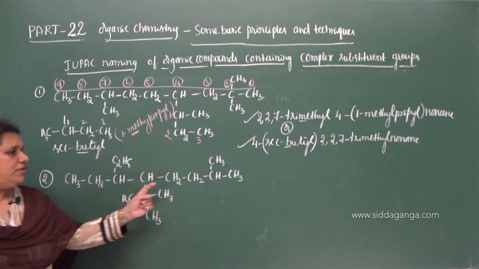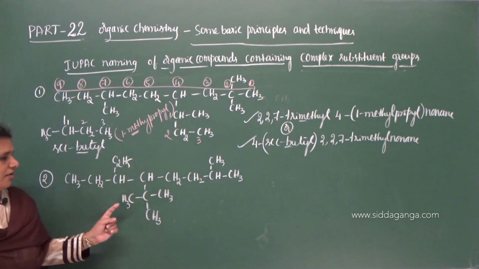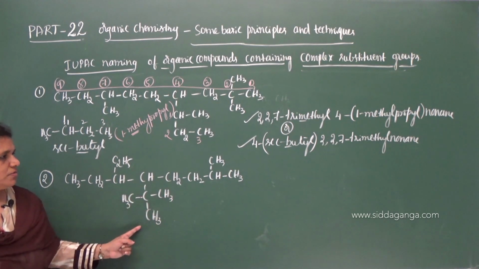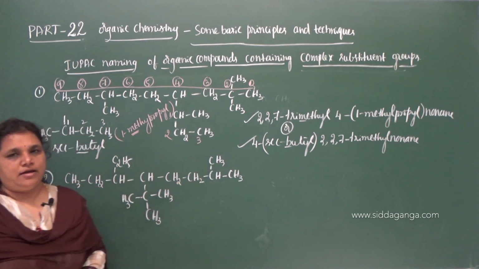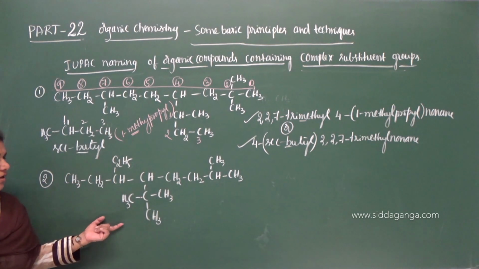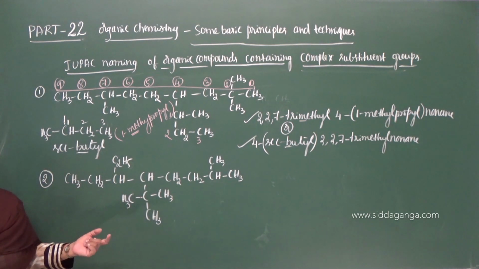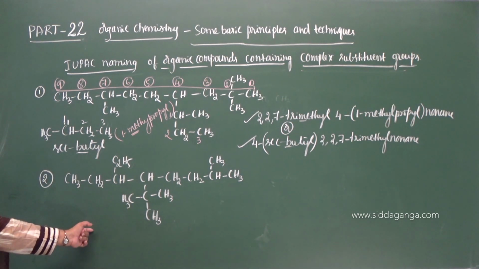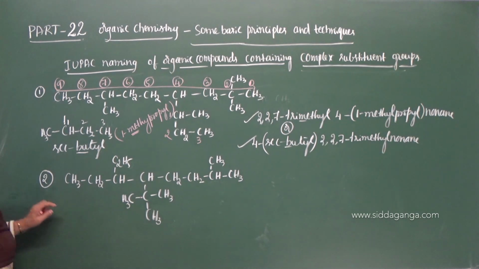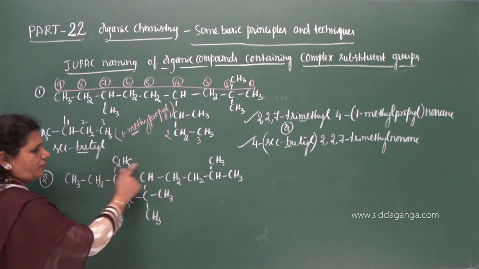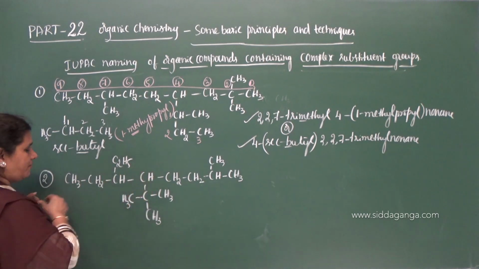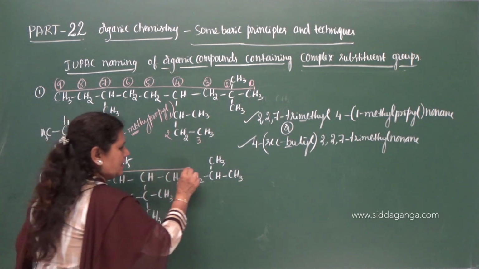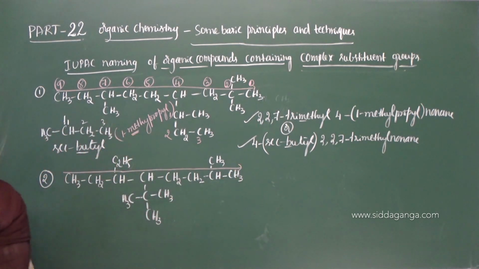Now move on to this compound. Here also we have an ethyl group, and this is one complex substituent, and here we have methyl. Now arrange them in alphabetical order differently. First you select the chain, the longest chain first, so let us move on to the longest chain here. Here you have an ethyl group and a methyl group. If you start from this end, you will get the lowest set of numbers. This is the selected carbon chain, the longest chain.